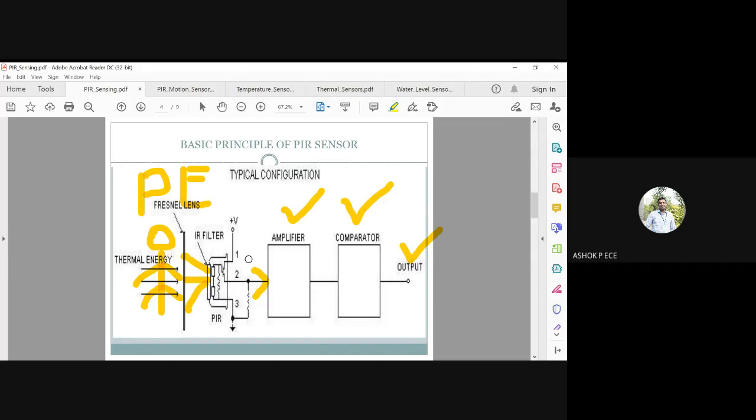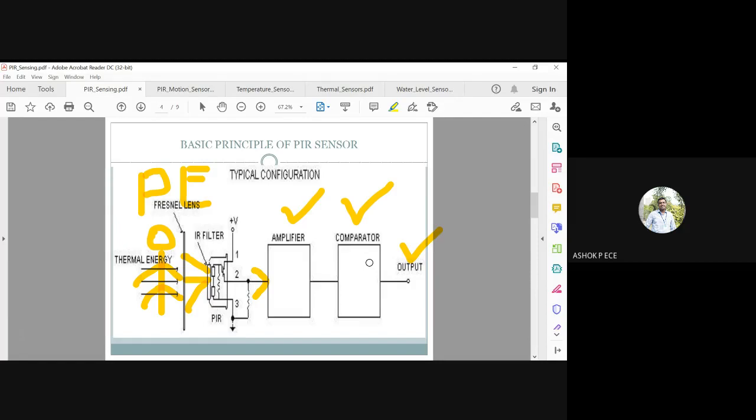You cannot display this through an output device. So for displaying the output to the display device, you need to amplify the signal, or boost the signal strength, right? So for that, I'm going to amplify this signal and then compare and see whether this range is normal, whether a human being is there, or the human being is radiating in the normal range. If the comparator gives a true output, the output will be displayed. Otherwise, you will not take any action.